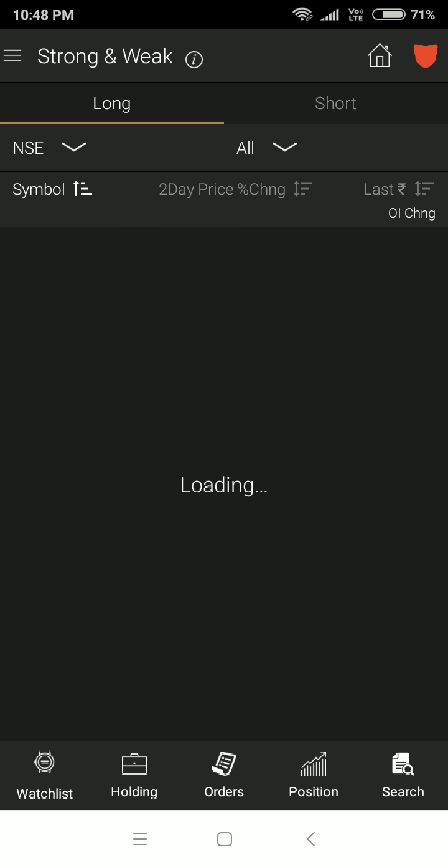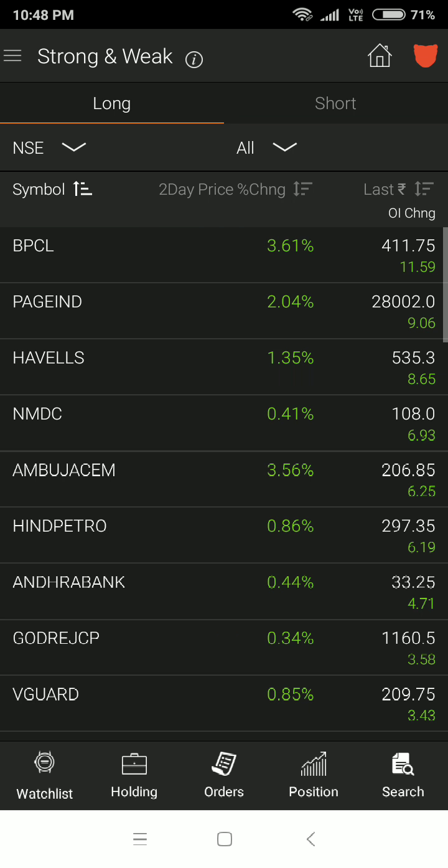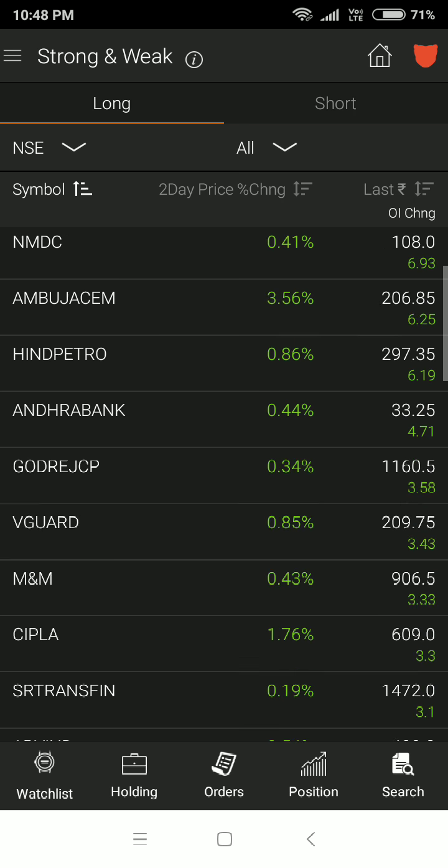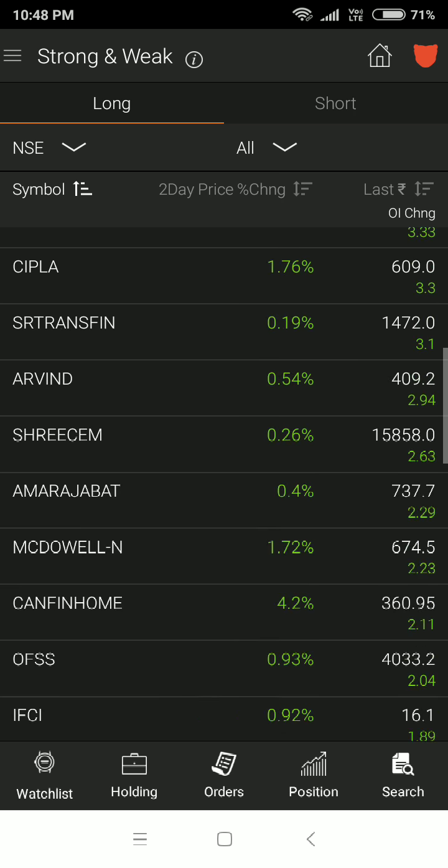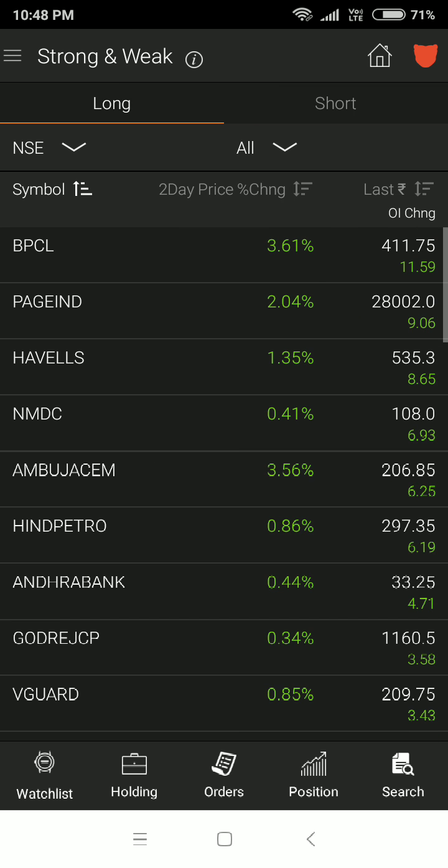Next is the strong and weak. The strong ones are those you can go long on. You can see how much the percentage price change in the last 2 days is and what the open interest changes are. Accordingly you can check which stocks we are looking at for the long position